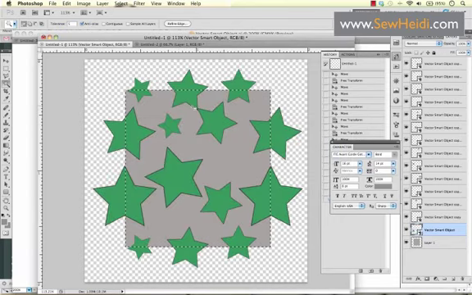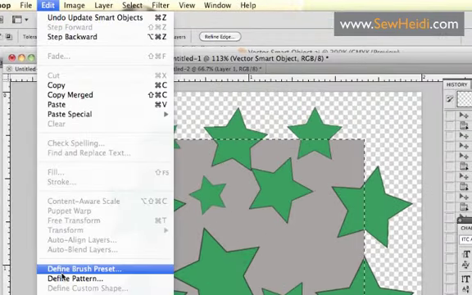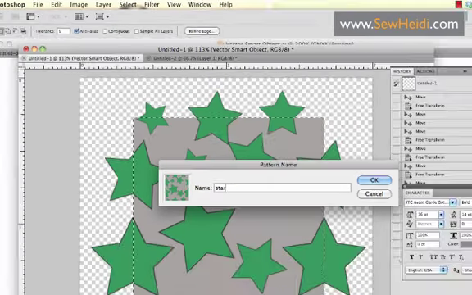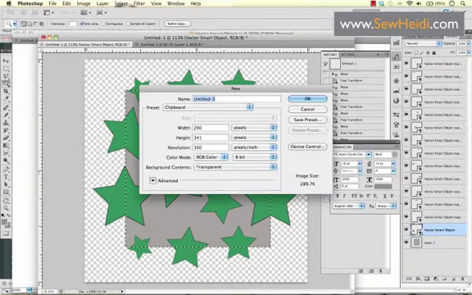Now it was a little bit bigger than the first one, so we do have a little bit of collision, which is probably okay. You could rearrange the ones on the inside a little bit, but the ones that are on the outer edge are automatically snapped and are going to line up perfect again. So you will say again, Edit, Define Pattern. We'll say Stars, New,